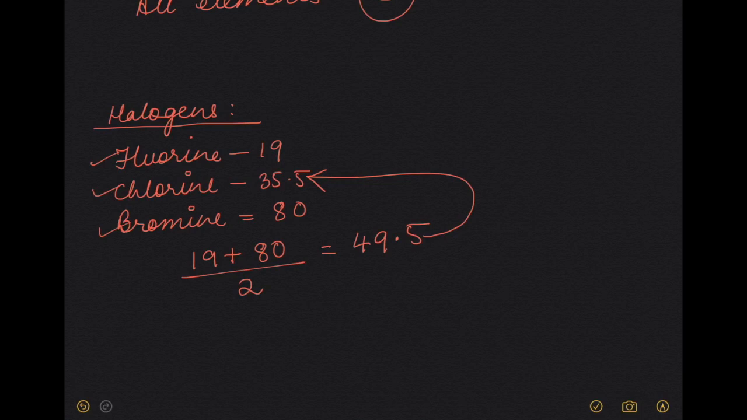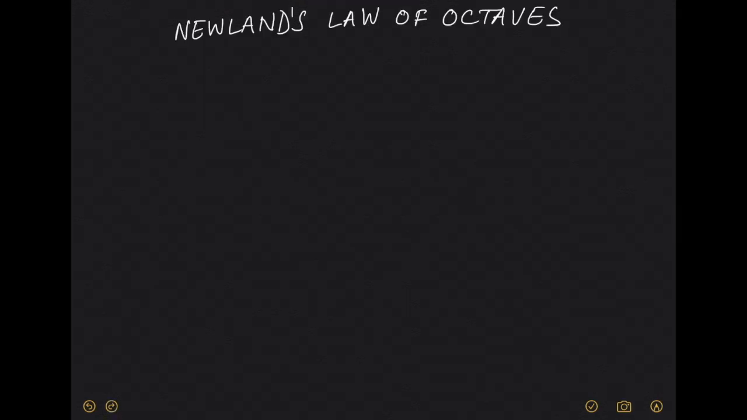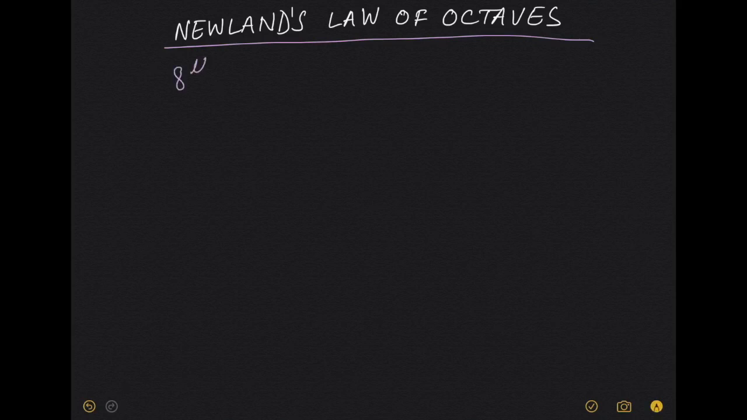So Dobereiner's scheme of classification of elements was not successful because it did not contain many principles which were supposed to be shown by the various elements. After the law of triad was discarded, Newlands came up with the law of octaves. Now, John Newlands was a scientist as well as a lover of music. So he arranged elements in ascending order. Ascending order means increasing order of atomic mass, and found that every 8th element